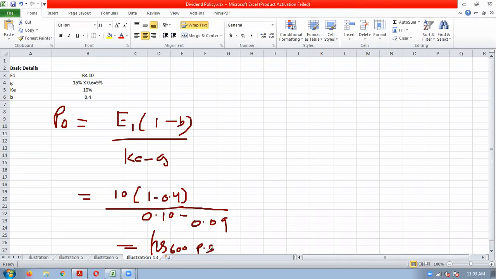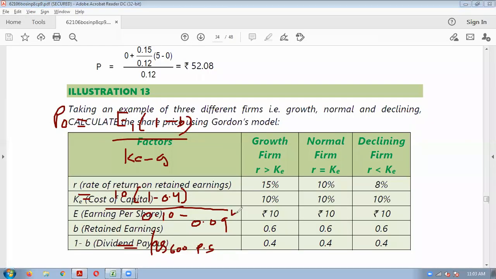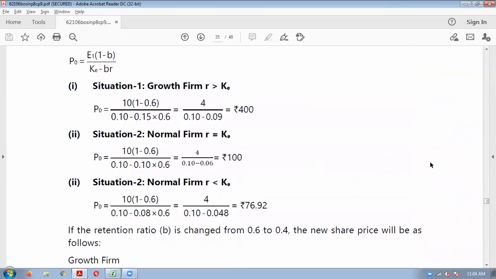Okay, so here it all depends upon the assumption. Here we have assumed that this is the latest data given, so we have assumed this is E1. If you assume this is the previous year's data, then we can use the D0 method also. In that we apply the growth rate, then find the new dividend. Since we assumed it is the latest data, we use the E1 method. So for the growth firm, our market price is 600. We have calculated this. If you want to refer to the workings, you can refer to them.